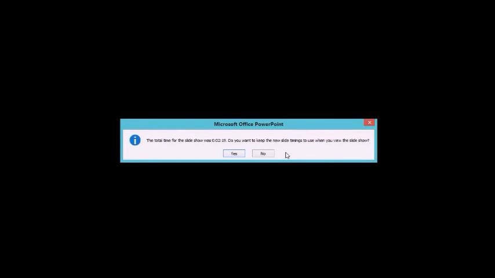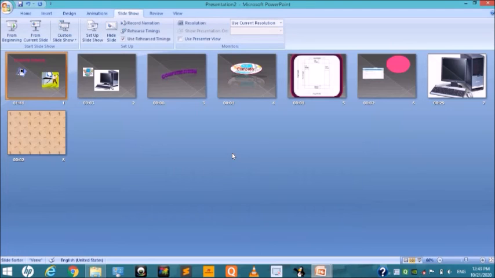Continue till the end of this presentation. At the end, the dialog box will appear here and it gives the total time. Look at here, 2 minutes and 90 seconds. And if you click the Yes button, this recorded timing will be saved individually. Yes, in this way. So look at here, recording time 1 minute 41 seconds, 3 seconds, 0 seconds, 1 second, 1 second, 2 seconds, 29 seconds and 2 seconds in this way.